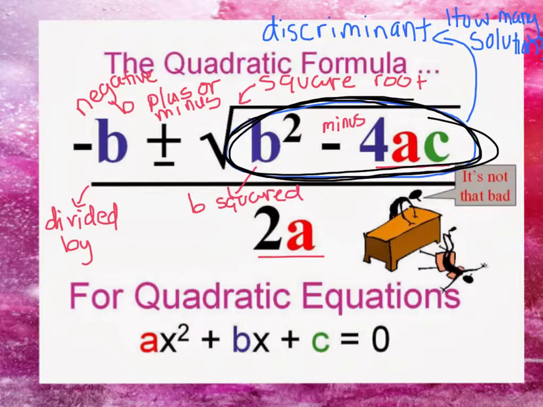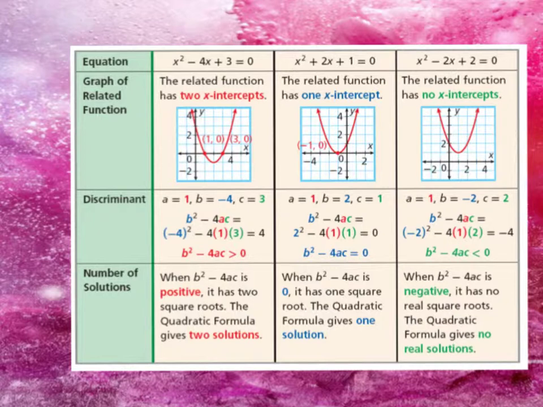So on the next slide, I like to demonstrate how you can use the discriminant to find out how many solutions. Okay, so here's that information I was talking about for the discriminant of a function. So let's look at the first column here. Here's our equation, and this is what it looks like when we graph it. Well, if we use the discriminant, remember it was the b squared minus 4ac. If we take the a, b, and c from the equation and we plug it into the discriminant and solve, notice that we get a positive 4. Well, because 4 is positive, and it's not a negative number but a positive number, that means we're going to give 2 solutions. And that's proven to you by taking a look at the picture of the equation.